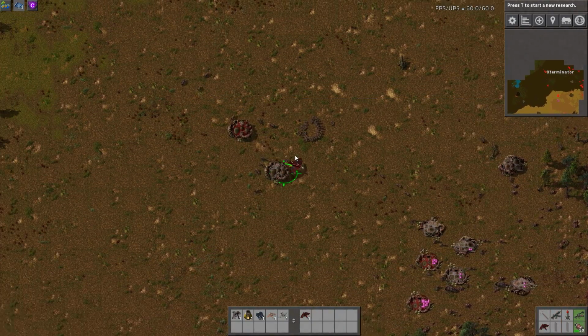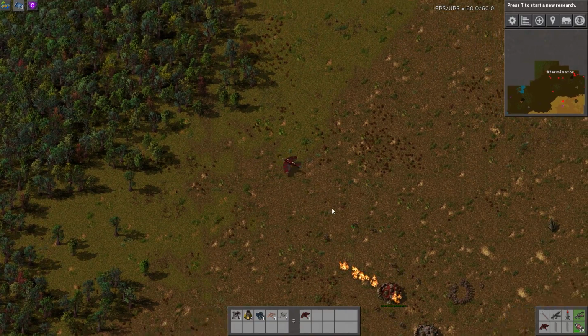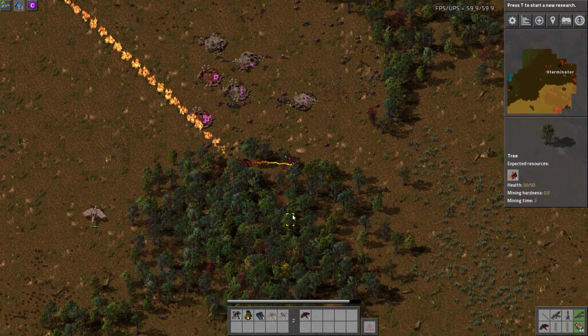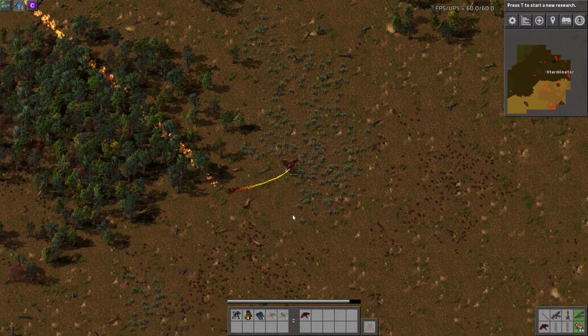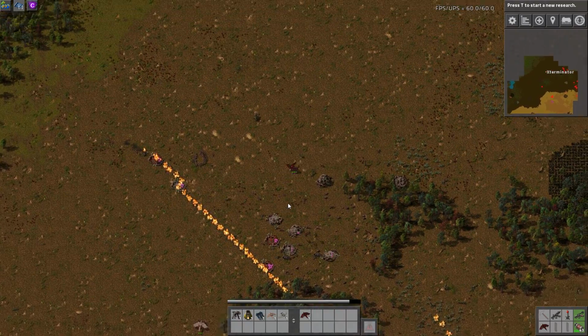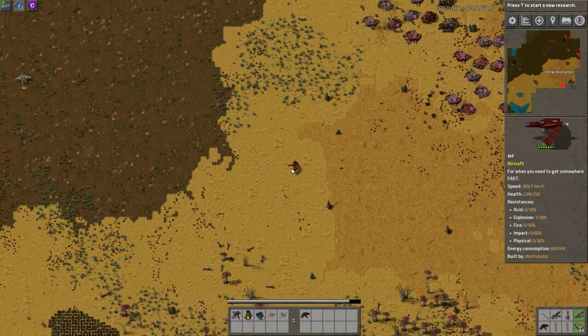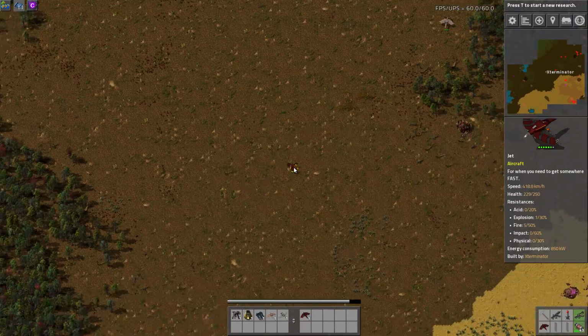Let's go ahead and switch. Oh, that is awesome. Oh, you can literally just do napalm runs. Okay, he does damage himself. So that's pretty awesome. You can do your napalm runs at high speed. I mean, this thing is cranking. I'm going in a circle so I don't...